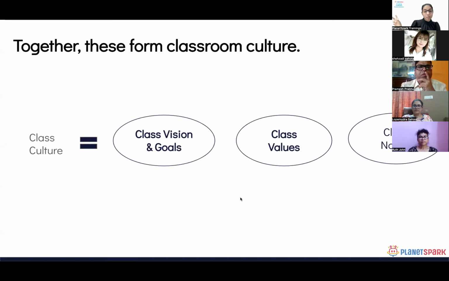Class norms can also be set as class rules based on age appropriateness. For younger students, we can call it a rule, but for older students, I can't put it as a rule, right? Like even as adults, I do have some norms that we used to go back to, if you all remember, but that was not a rule, right? So that's the difference between norms and rules.